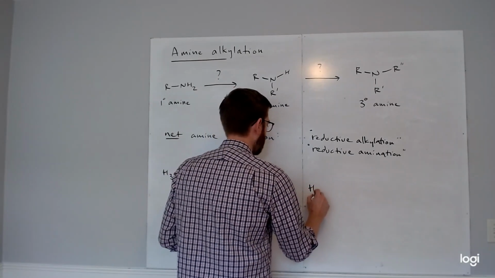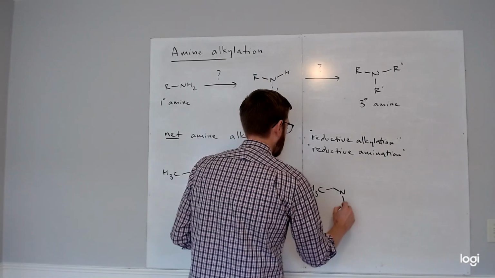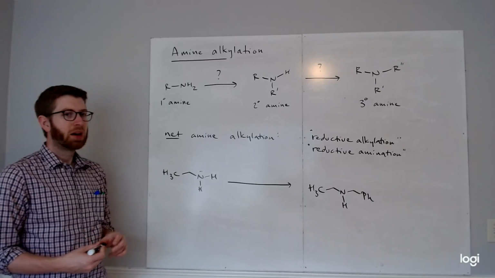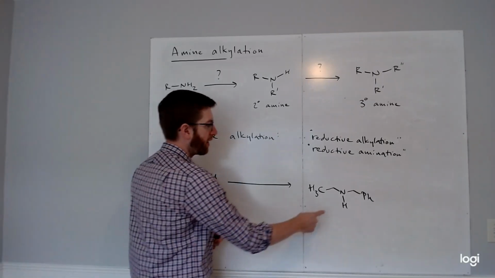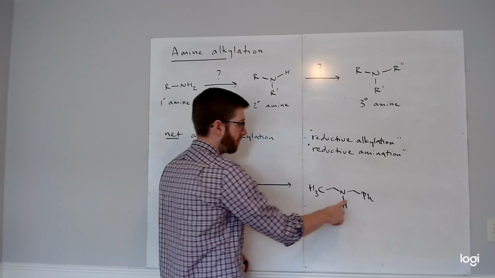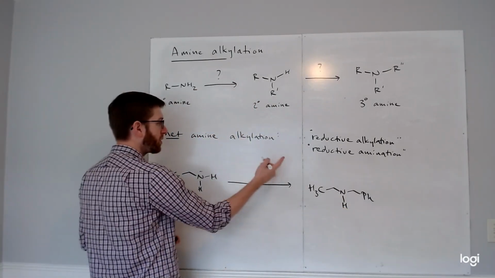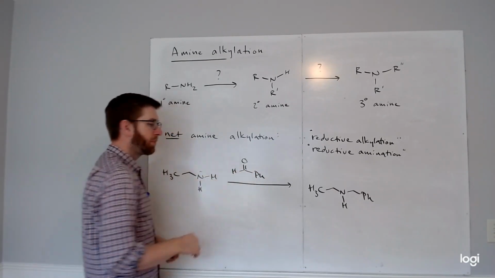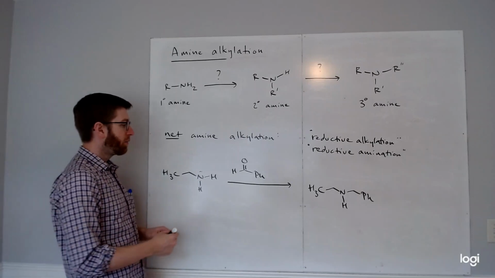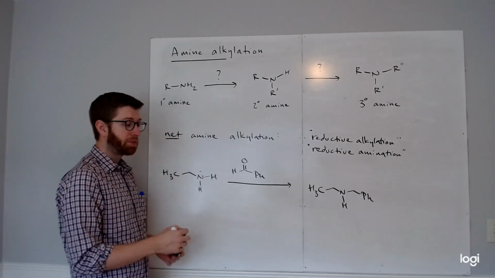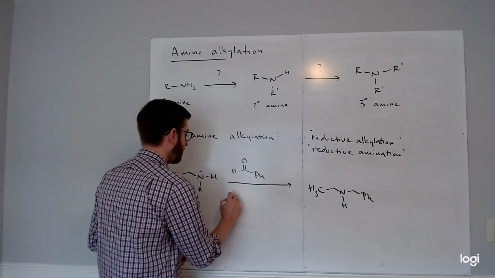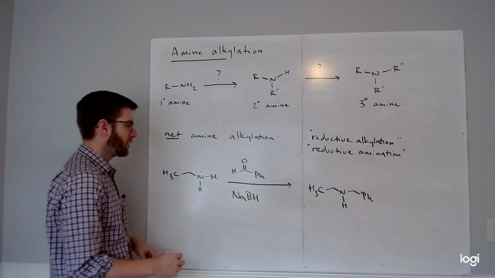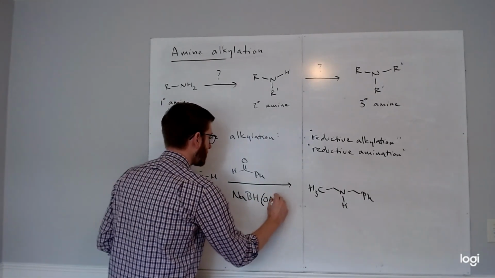In this example, let's look at making the same compound that we made using amidation and reduction. That means I need to have this CH2 group, or at least a carbon here, and then a benzene ring attached. In the reductive amination sequence, we'll use an aldehyde here. We'll see examples later where this could be a ketone. And then we're also going to add some kind of a reducing agent, but it's actually a pretty specific one. So we'll use sodium borohydride,